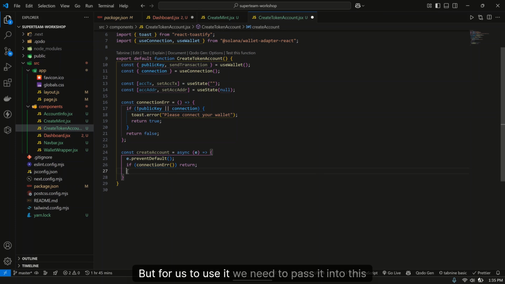But for us to use it, we need to pass it into this UI. Maybe from here, I'm checking what's the best possible way to do this. Because without a mint being created, we can't continue creating a token. First of all, the user has to create a mint account before they can be able to create a token. So to do that, we can